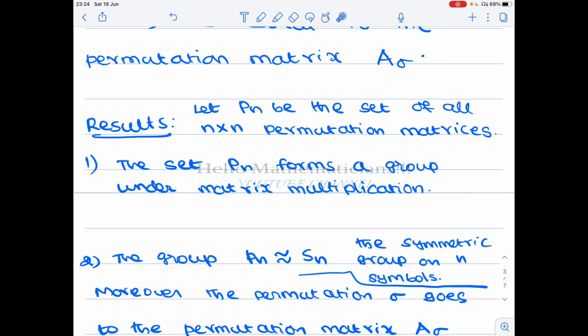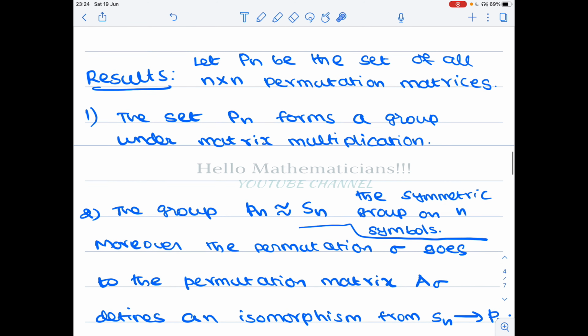Whatever properties of Pn we are discussing here are already done in one of our other videos, and many more properties of permutation matrices are also proved there. I'll give you the link of this video regarding permutation matrices below. The same link is given in the description of this video also. So please check it. You can see the link above also.